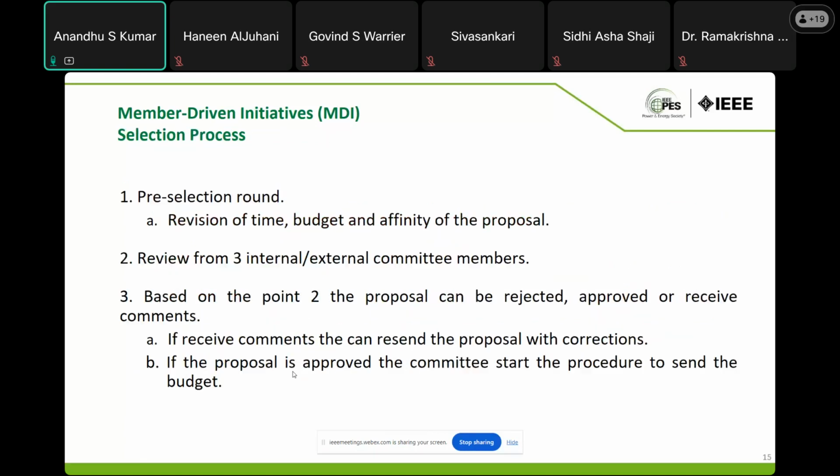So how are the proposals selected? When we receive your proposal, we will have a pre-selection round where we check that it has a sensible timeline, that it is submitted by a PES member, and that it is represented by a PES student branch chapter or professional chapter. We will accept only one application per year from a single PES student branch chapter or professional chapter. After that, if you have completed all these things, your application will go to 3 internal or